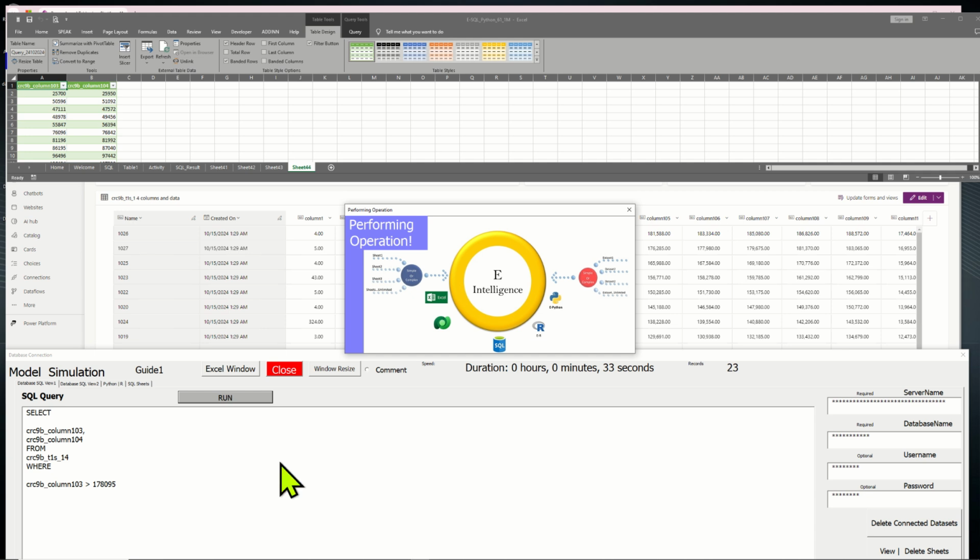So let's see. Database operation started. And it's doing its thing. And database operation finished. Look how fast. I have now finished running your query. I have created a new sheet to show you your data. When you are ready for your next SQL query, please come back to this